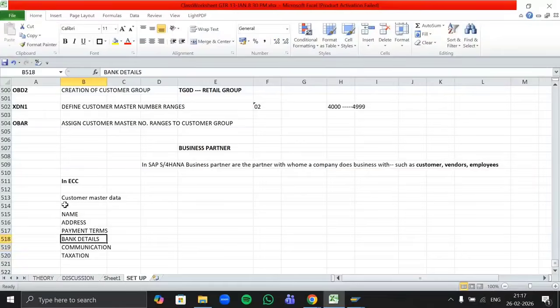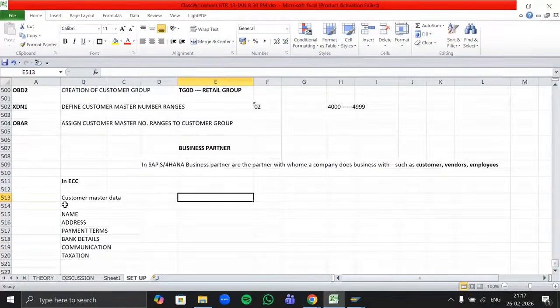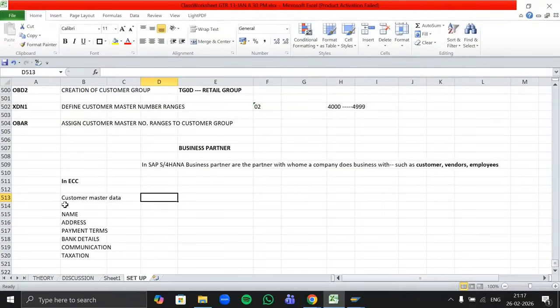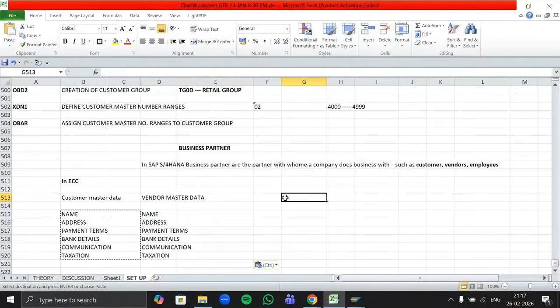And if I'm a vendor also there, then once again, for all the same details, Om has to create one vendor master data, which is going to store the same details only. So what happens there? Data duplication is happening here, right? So there is a problem of getting glitches in these two separate master datas.